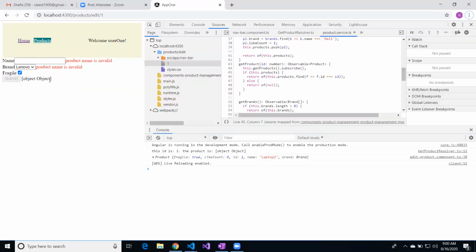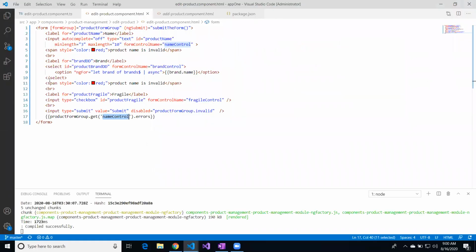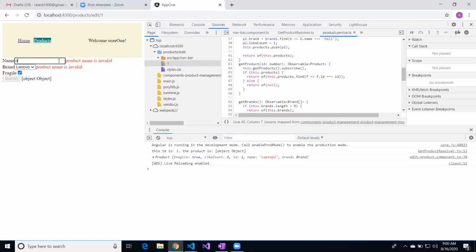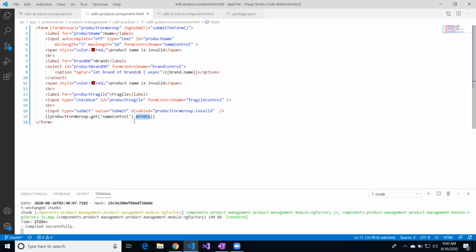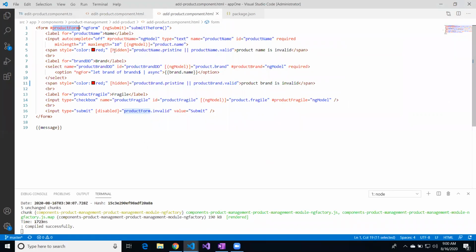So basically, we are getting some error when we, let's say, have an invalid input on the name control, and that property could be utilized to show the actual error, just like we did over here. The product name is invalid. So basically we can improve on this